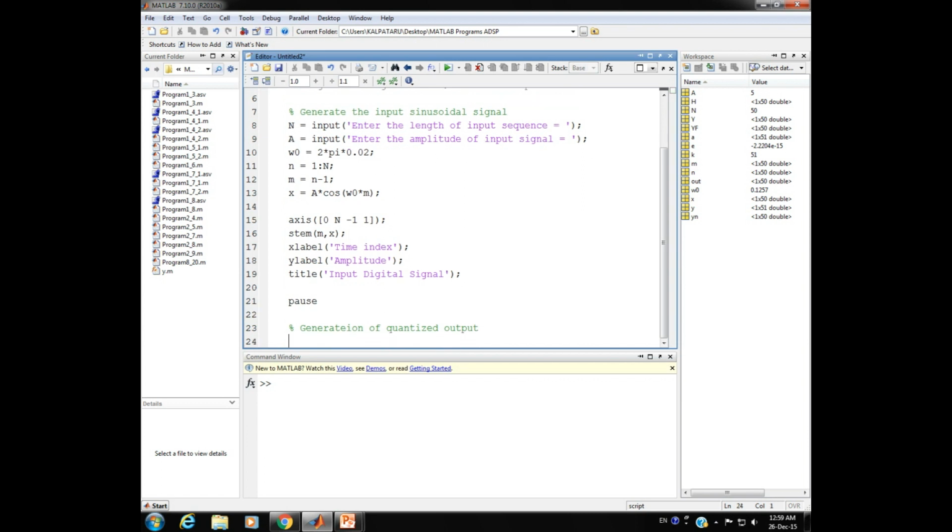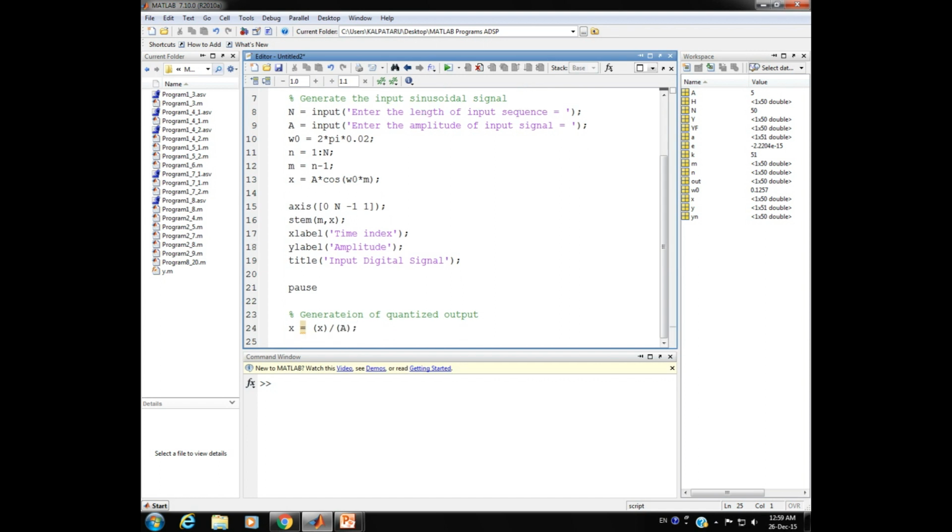So thereupon let us have x equal to x divided by the capital A, semicolon. Then y is initially defined with all values zeros for the dimension 1 comma n plus 1.